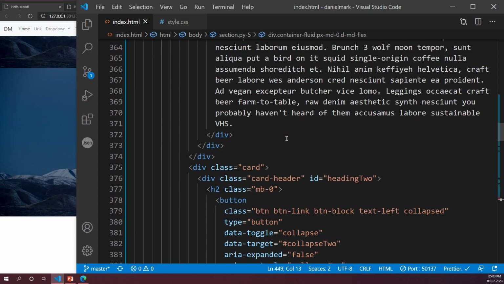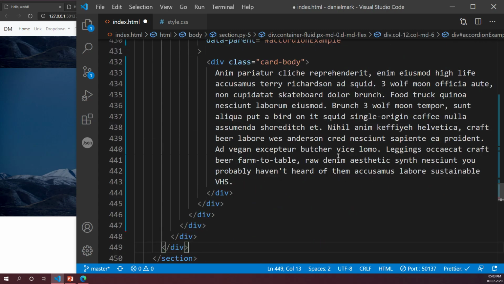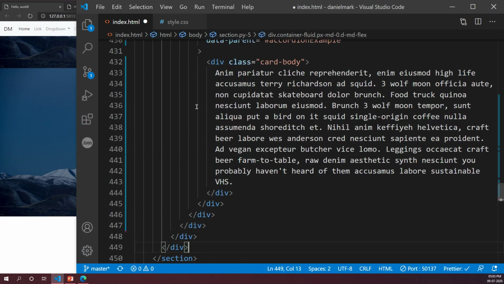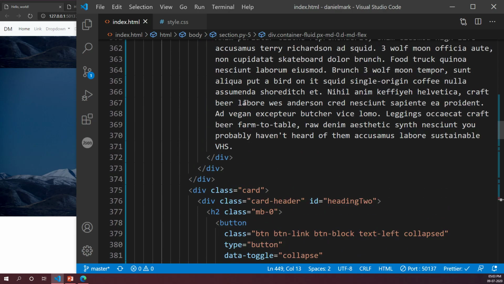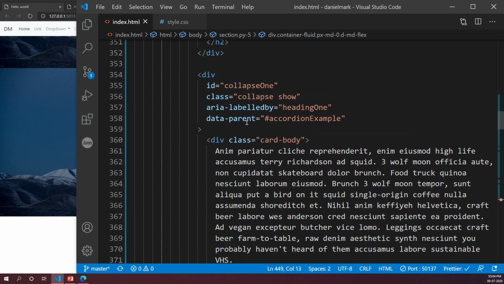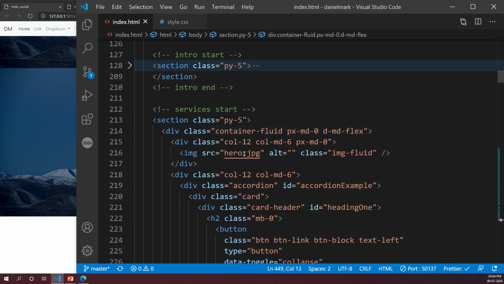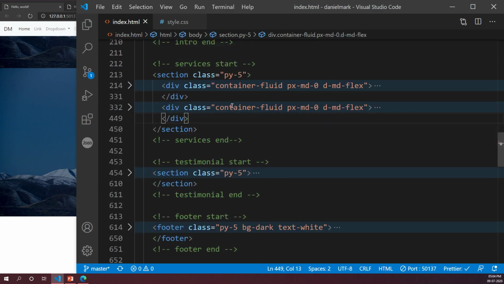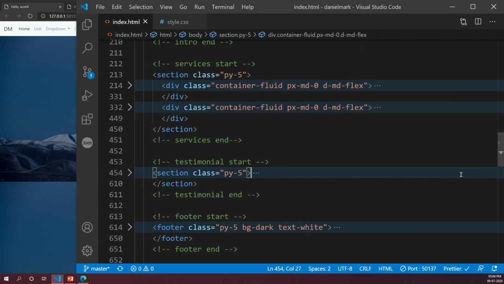Once you do that, just let me know, okay? I want you to copy this, okay? The container fluid. You have only one container fluid right now, okay? And then paste it below. Done? All of you do that first. I'm doing this from the beginning, okay? I just uploaded to GitHub. Go check GitHub. Refresh the page and just check. What did I just do? Just copy the container fluid and paste it again at the bottom, okay? So now you have 2 rows with this, okay?